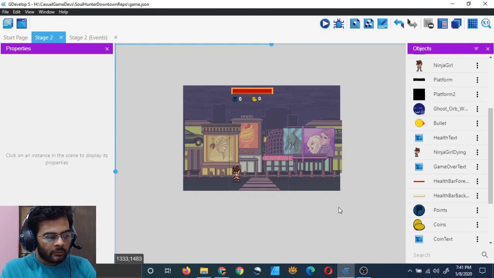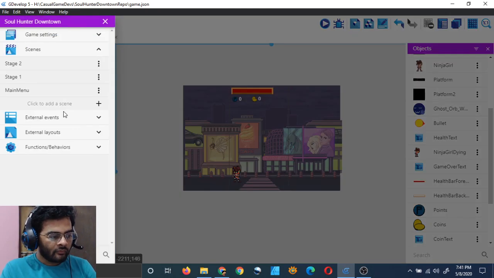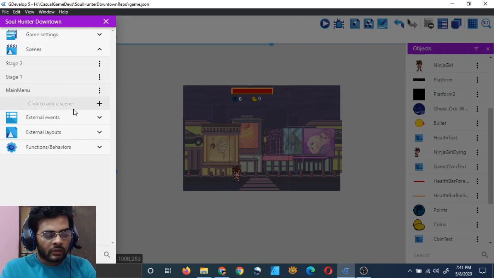So now we have two stages, right? Stage 1, stage main menu. Now how will the player advance to the next stage? Will there be a point threshold? Suppose the player got, I don't know, 1000 points, then they can automatically advance to the next stage. Will it be that way?